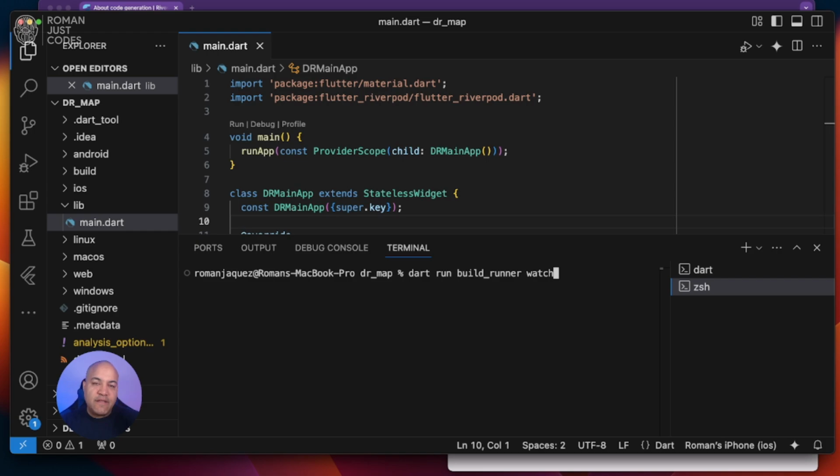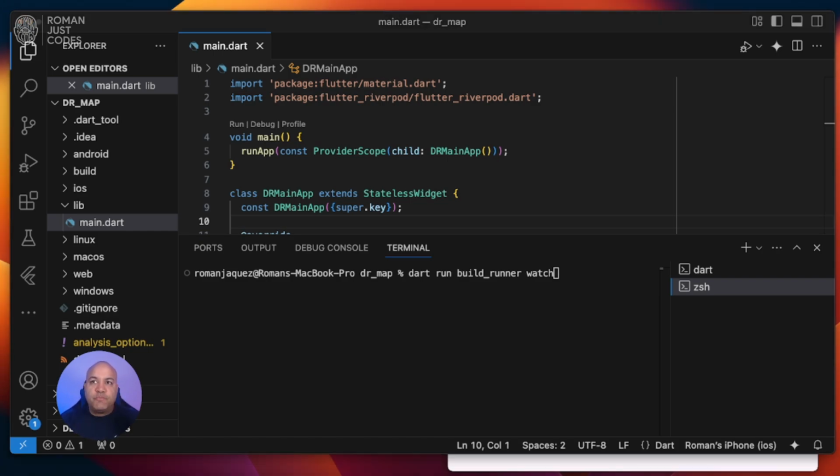What does this mean? This means that there's a build runner running in the background that is going to be kind of listening for changes for your code as you build providers. It will actually generate some boilerplate code behind the scenes that actually creates all the hooks and creates all the connections to make your application reactive. So what you're going to be doing here when you say dart build runner, what this does is actually activates